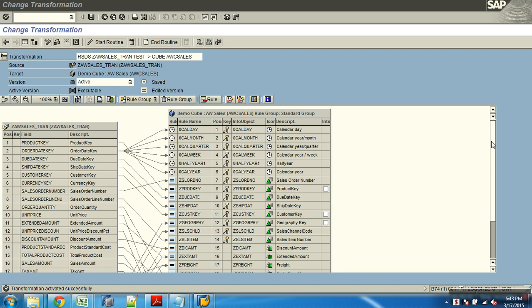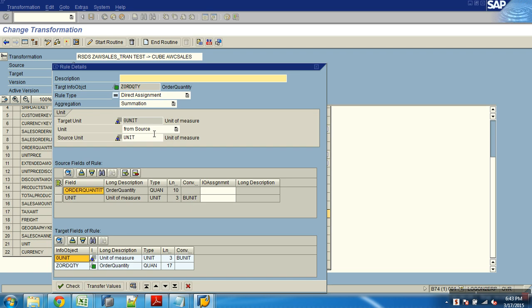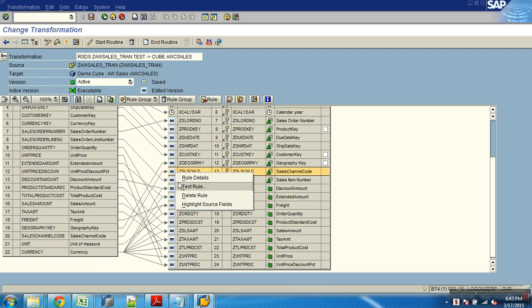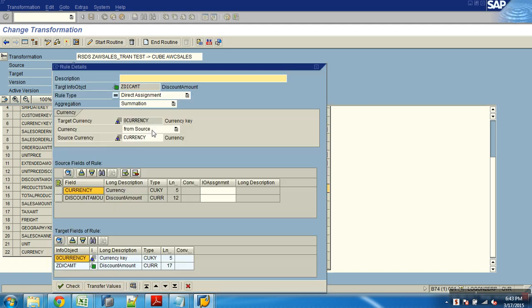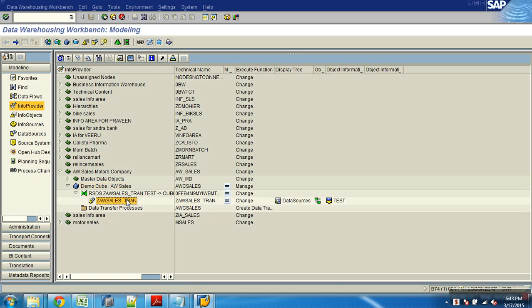I'll just show you up and down, and this is the mapping for key figures. In the rule details, you see the mapping of the units. For the amount-like fields, you see the mapping of the currency inside the rule details. This was possible because while creating the data source, we explicitly